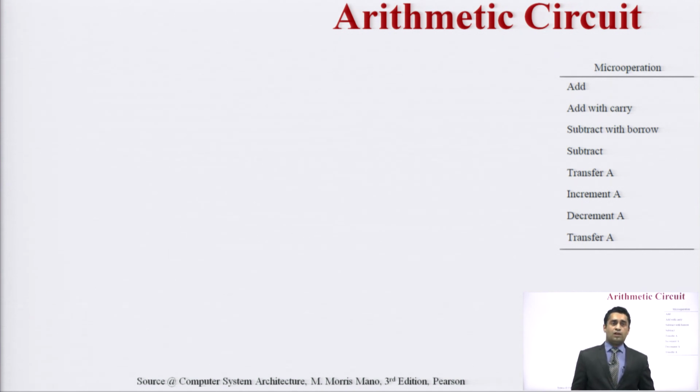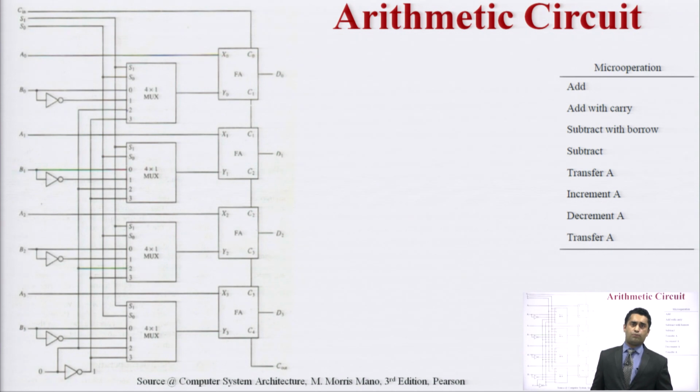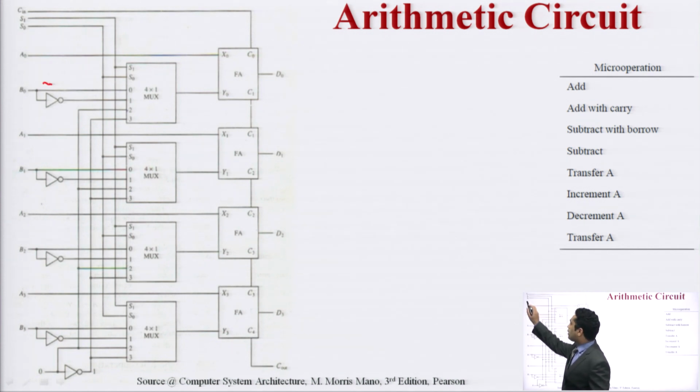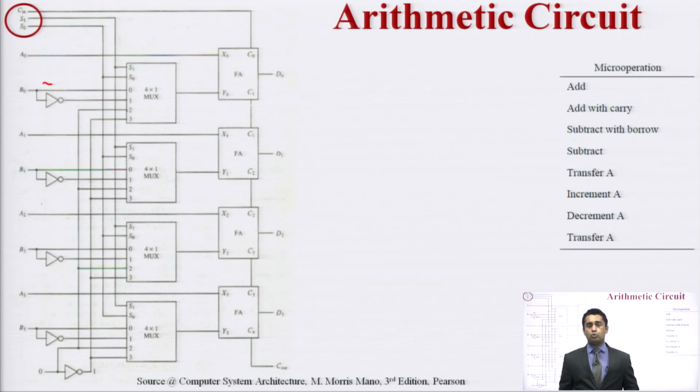So one by one, let's have a look at what the circuit is. Here we are using 4 multiplexers and 4 full adders. To execute all the instructions one by one, we need to use the selection lines. As the mux size is 4 by 1, 2 selection lines are required. In this part, we are making the bifurcation of the operations with the help of these 3 things: 2 are the selection lines and 1 is carry.